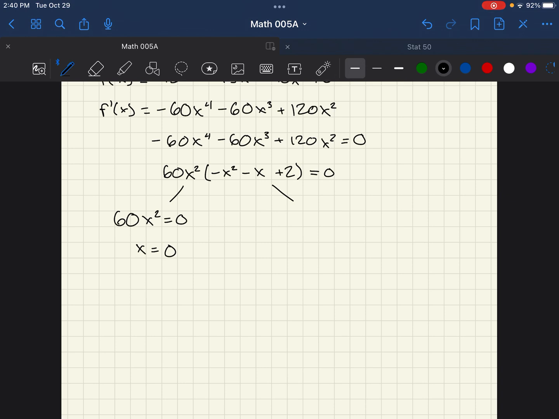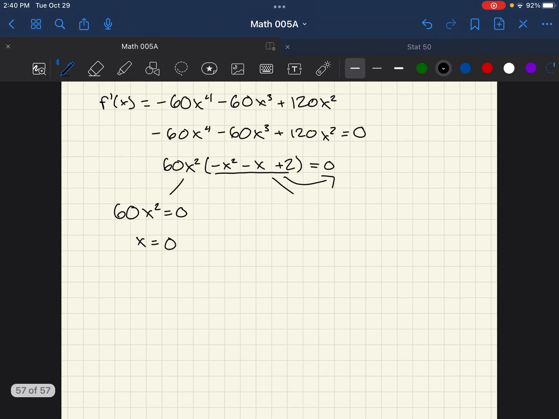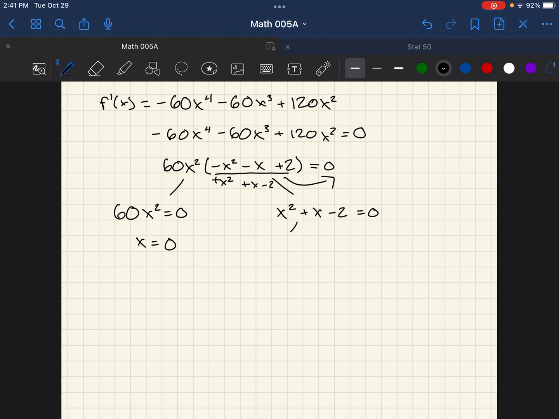And then this is hard to look at, so let's just move everything to this side. It'll just turn into x squared plus x minus 2, and that'll still be equal to 0. I just moved it all to the other side. And then we can easily factor this